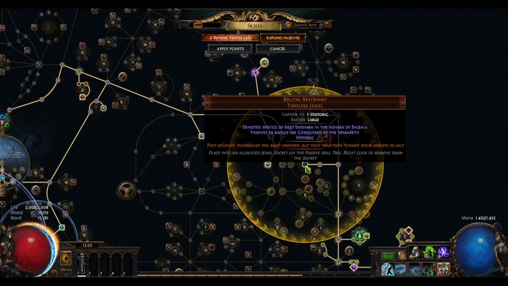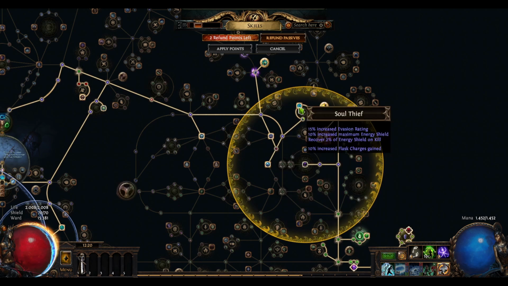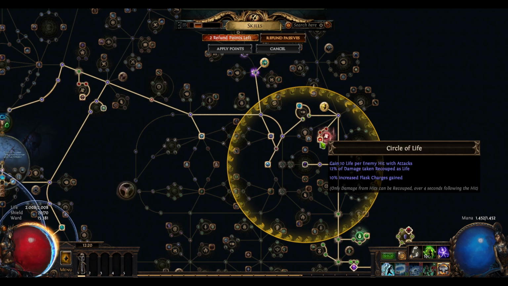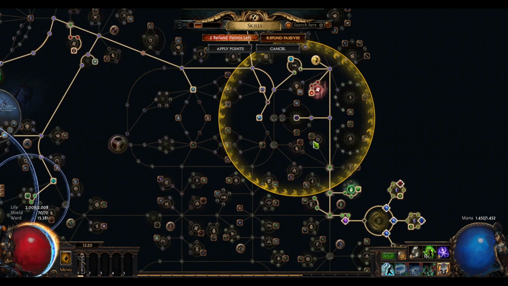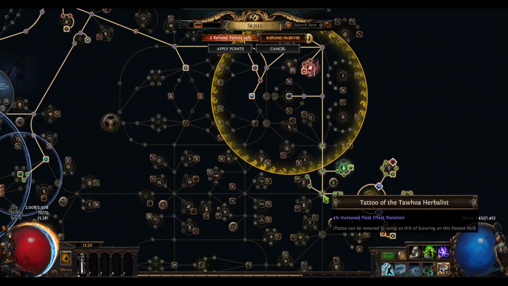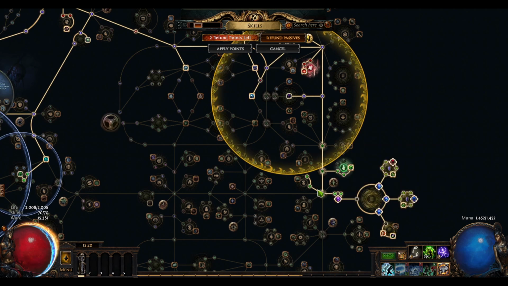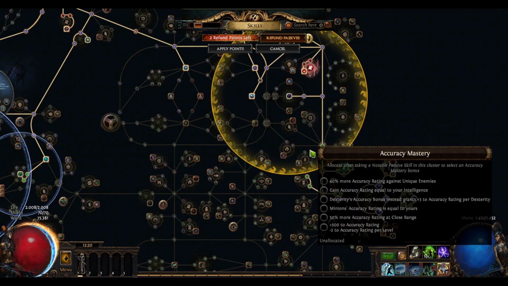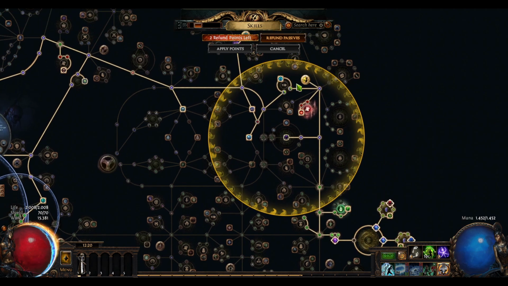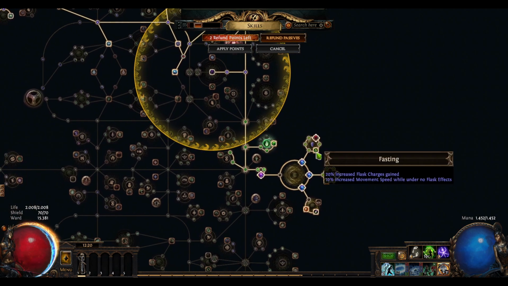So I'm using this Brutal Restraint here, which gives frenzy on kill and flask charges gained. At Altitude, 3% increased flask effect duration on the Decks. And that's pretty much exactly the amount you need, so you can't drop it. You need the 2 clusters with Fasting, and